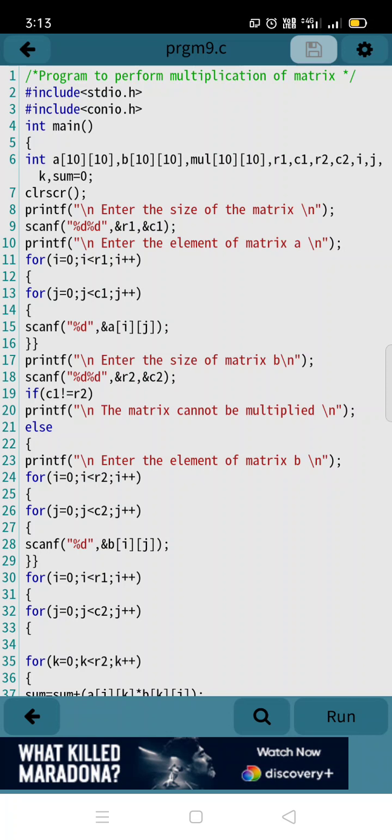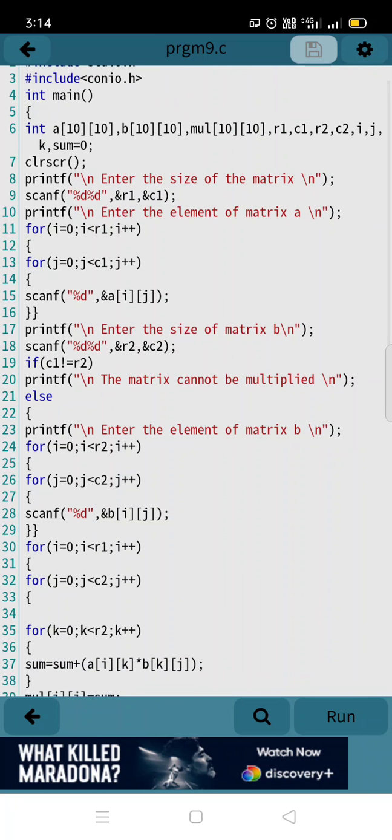The second array is B. A and B we are going to multiply, and after multiplying we want to store the result, right? So again we take one more two-dimensional array to store the multiply result, that is the MUL array. And we take the variables R1, C1, R2, C2, that is row 1, column 1, row 2, column 2.